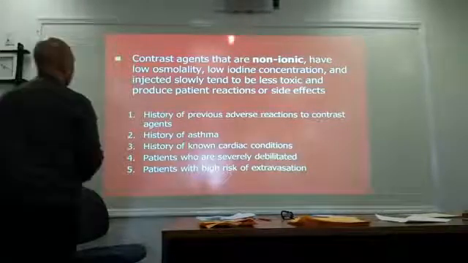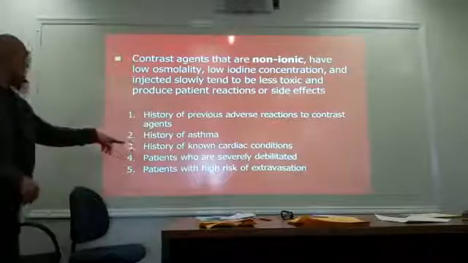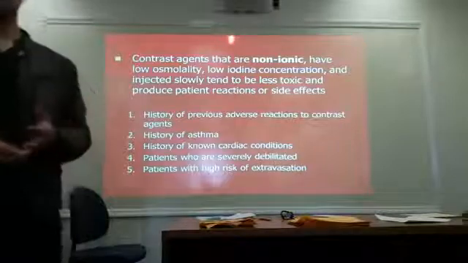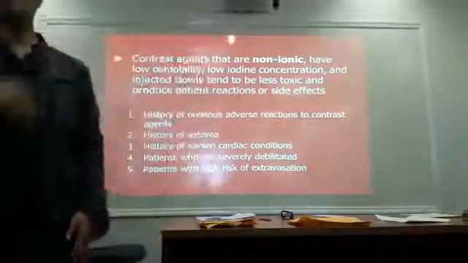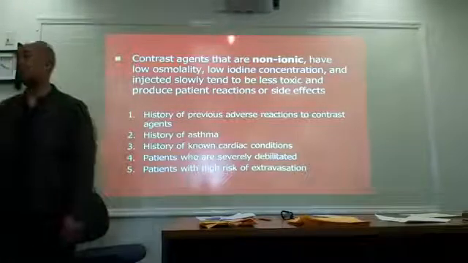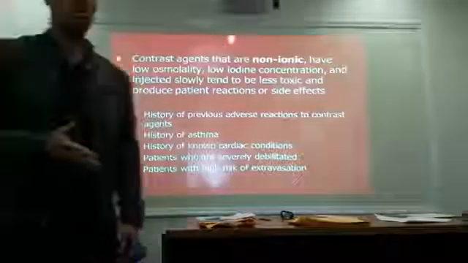So before the administration of contrast agent, whether it be ionic or non-ionic, remember they both contain iodine, right? We still have to do a thorough history. You, as technologists, will be doing a thorough history. You're going to be asking your patients some questions. Miss Jones, have you had